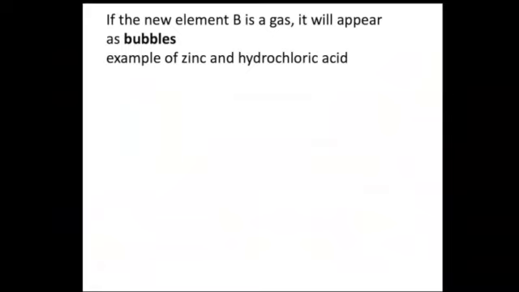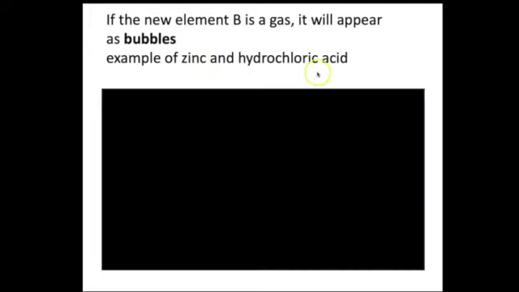The metallic deposit is not the only possibility for a single replacement reaction product. There's also the possibility that the new element that's formed isn't a metal but a gas, and you will recognize that because you'll see bubbles that are formed. We'll see this example as well in lab, when you take a solid piece of zinc, which is silver, and put it into hydrochloric acid, which is a clear solution,